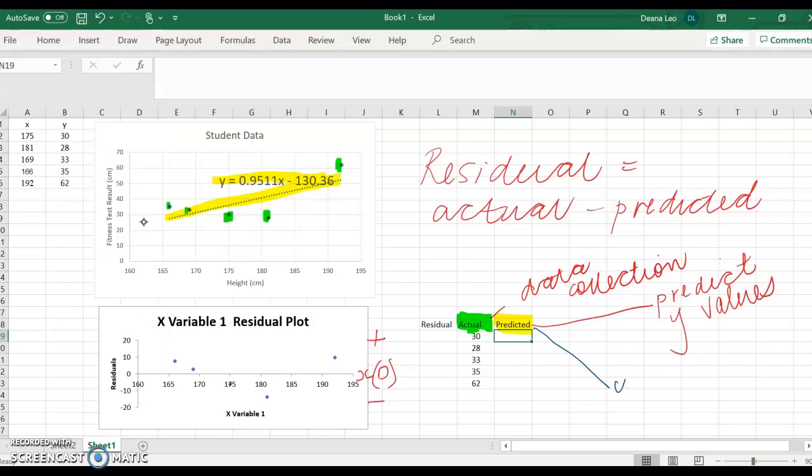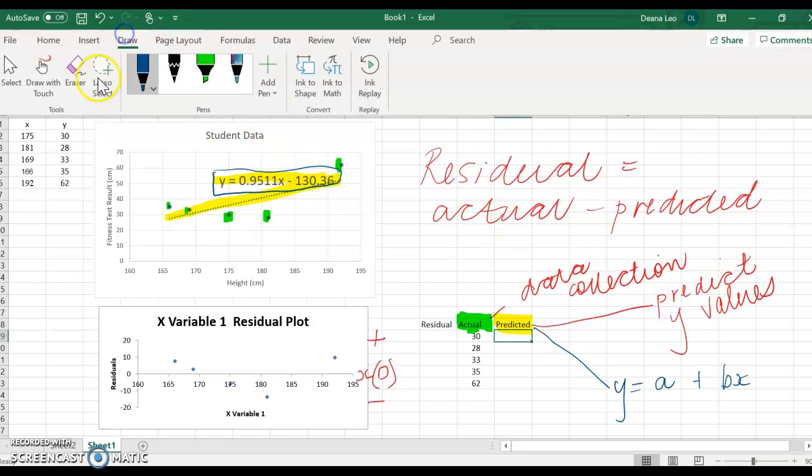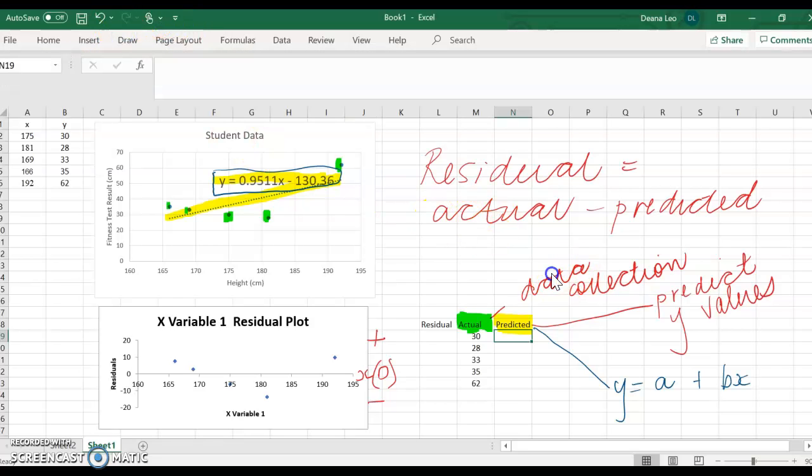You have to use your y equals a plus bx, which is this. It's just that this is in reverse, kind of. So it's like you have to sub it in. Okay, so with your table down here,